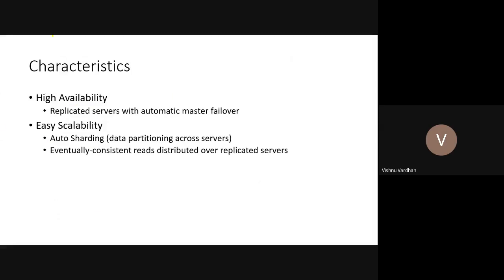Not only that, high availability is going to be given by the MongoDB servers. We can create the replicated servers with automatic failover features. Okay, so you can replicate the database servers across different nodes in the distributed environment.